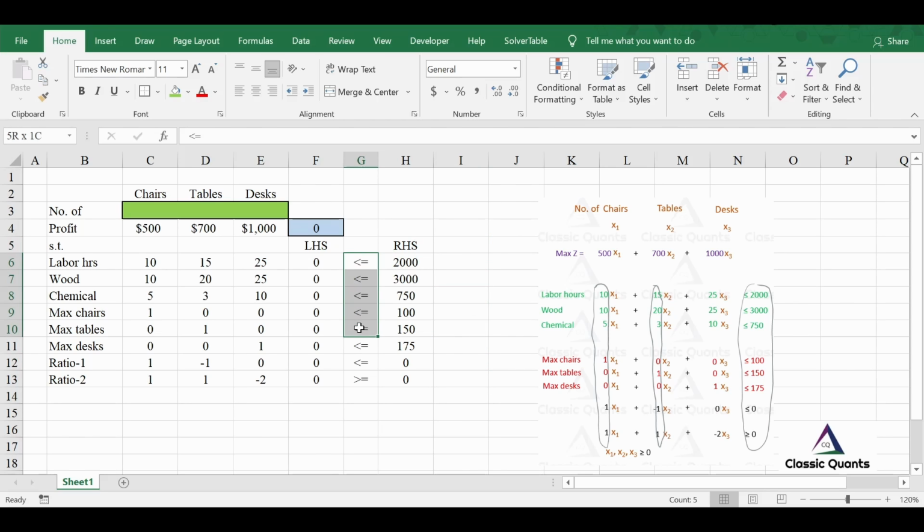these signs will be mixed up. Like first constraint will be greater than equal to, then maybe it may be less than equal to, then again less than equal to, then maybe again greater than equal to, then one constraint may be equal to, and like that. So in those cases always make sure that the types are sorted according to their sign.